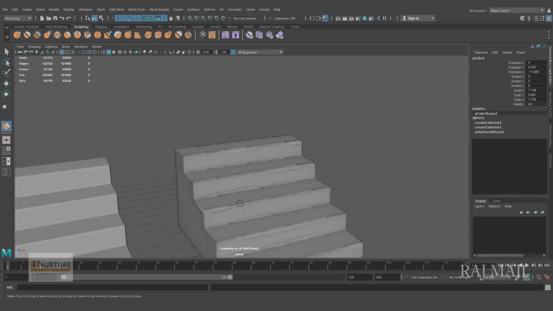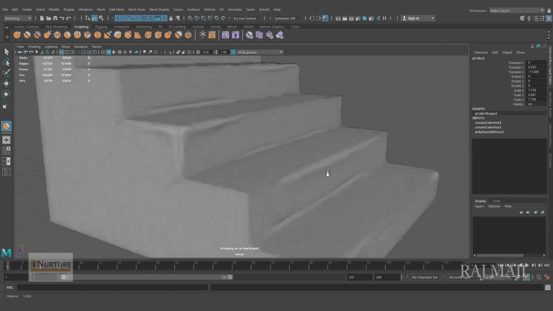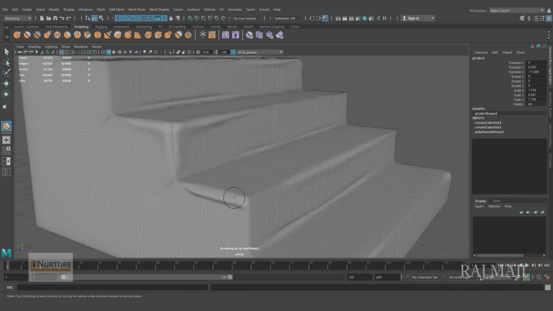All right, I think this is enough. You will get the idea of what I am trying to do. I am not trying to finish the object, but